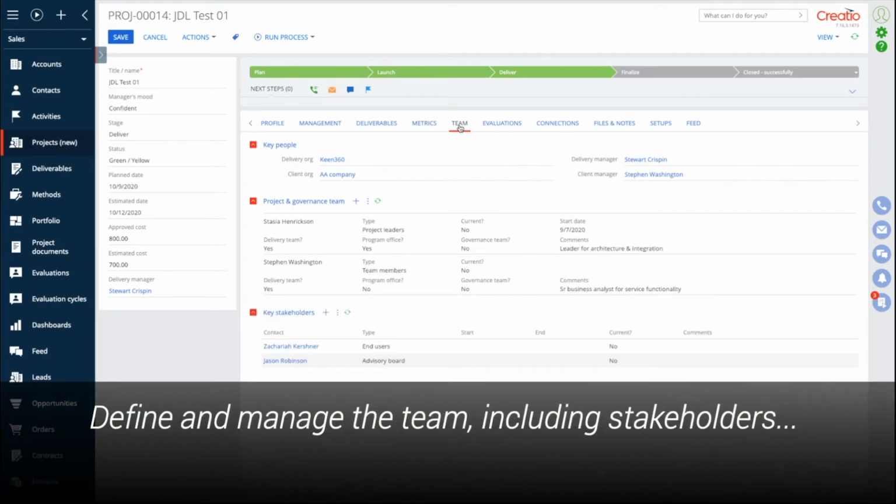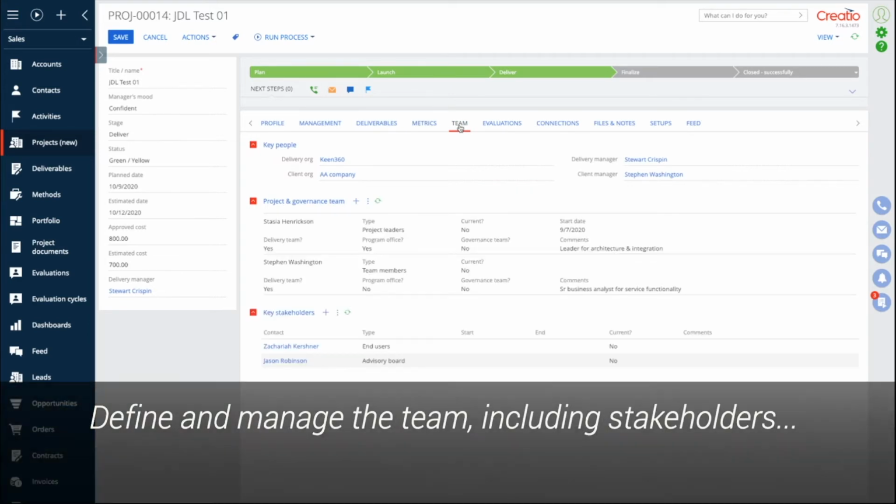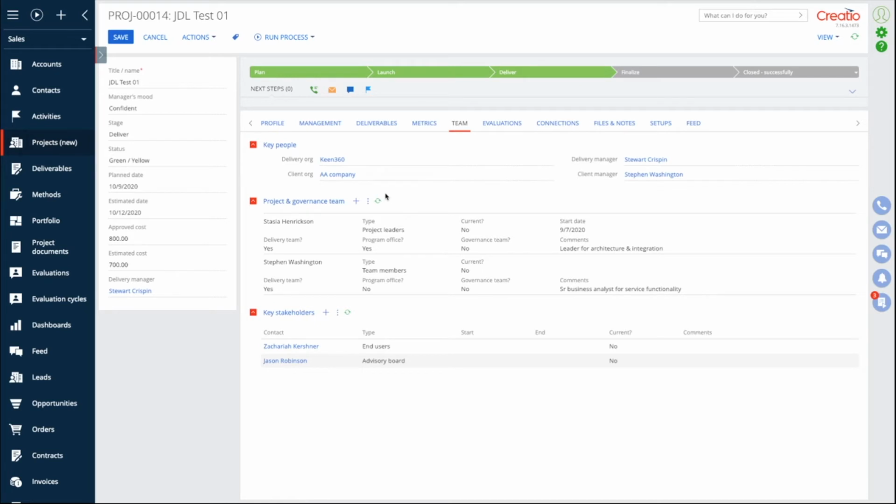You can hardly have a project without having a team. We have our delivery team. We organize according to whether they are in one or more of our governance levels, our 3-tier governance levels. And we have our outside stakeholders.